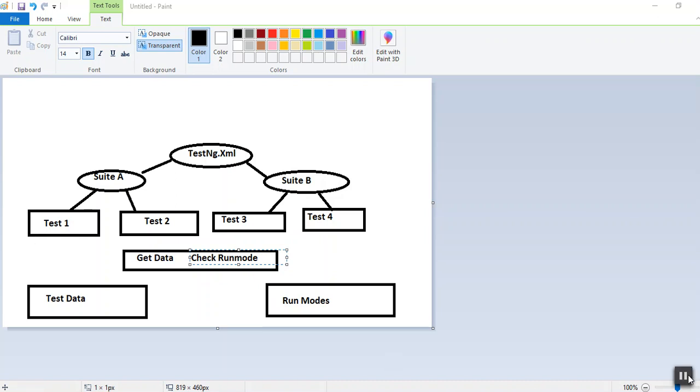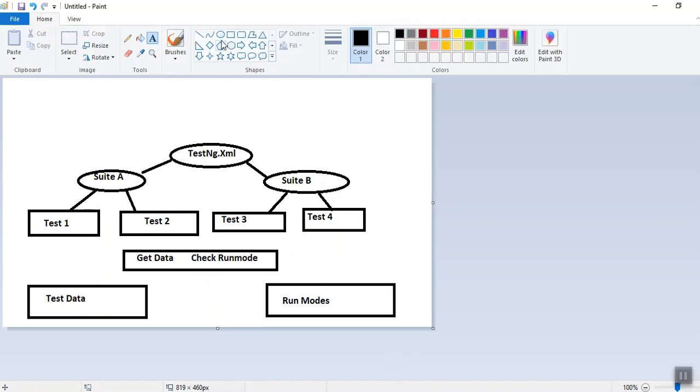Getting it? So it will be something like this: data will go here, run mode will be checked here, and data will be supplied to every test case.